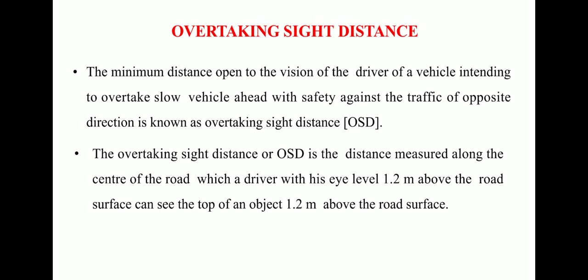Now we will study overtaking sight distance. It is defined as the minimum distance open to the vision of the driver of a vehicle intending to overtake a slow vehicle ahead, with safety against the traffic of the opposite direction. Okay? The overtaking sight distance is the distance measured along the center of the road which a driver with his eye level 1.2 meter above the road surface can see the top of an object 1.2 meter above the road